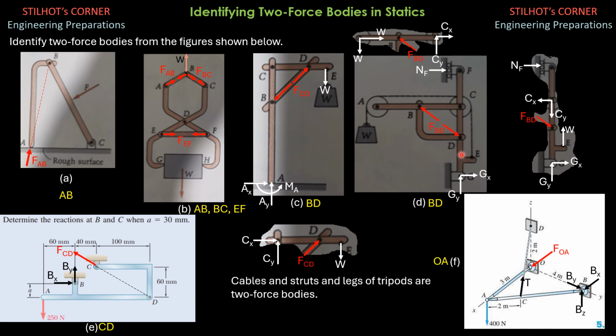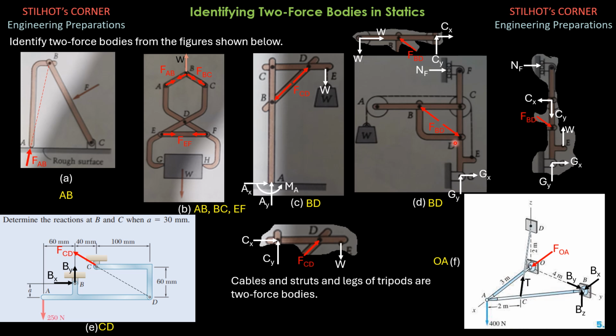Then for this case, we have a two-force body, and that is BD again. Between B and D, we have pins, and between B and D, there's no more load. So that's considered a two-force body. There are bodies also that are considered two-force bodies if the member has a weight. If it has a weight but lightweight, then the idea is to distribute that weight equally to the ends. So for example, if the weight is W, then half of W would be transmitted to joint B and the other half to joint D, and the member is still considered a two-force body for that case.